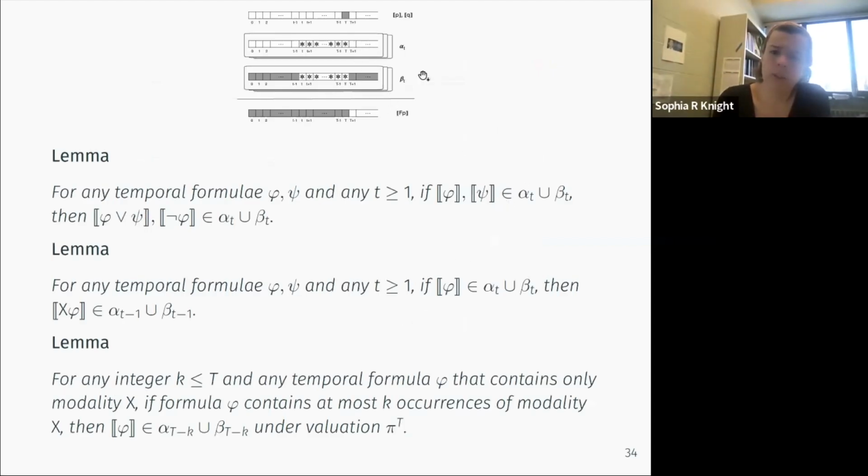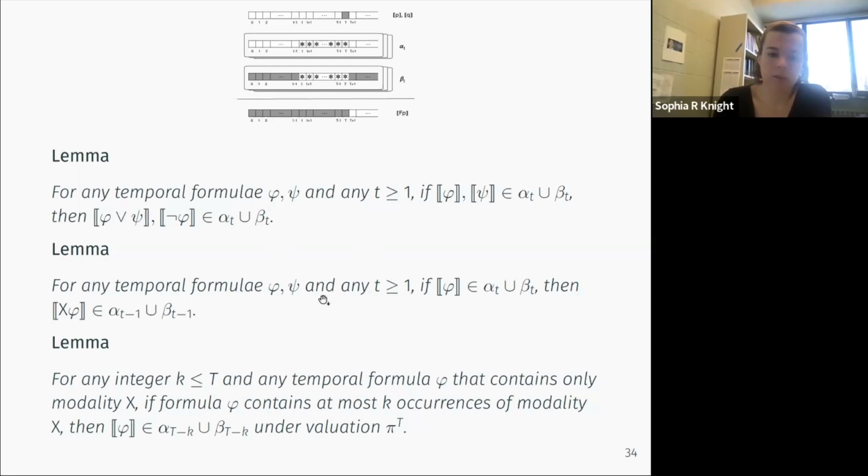And then if we look at our alpha t and beta t models, any Boolean combination of any alpha t and beta t models is going to still be an alpha t and beta t, because the only variable truth values are between little t and big T, right? Boolean operators can only look at the present point.